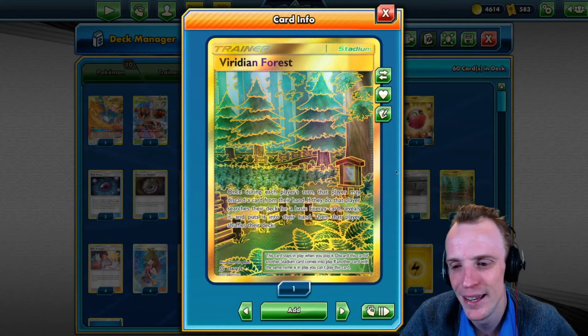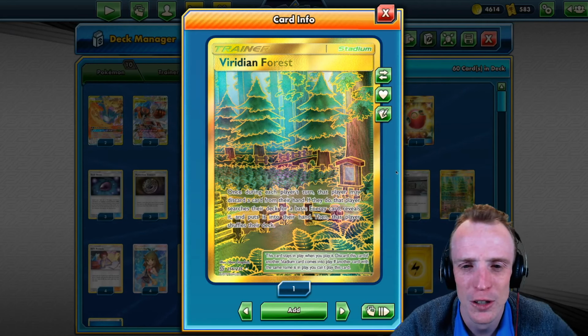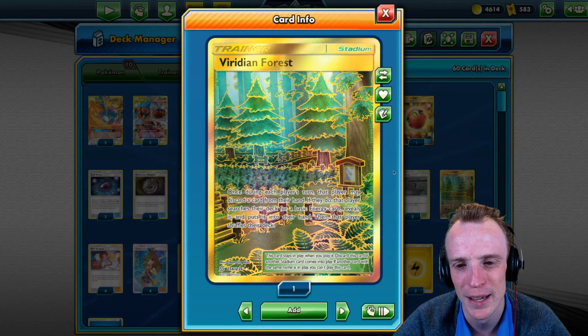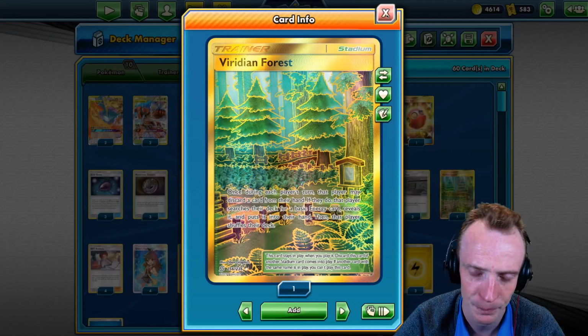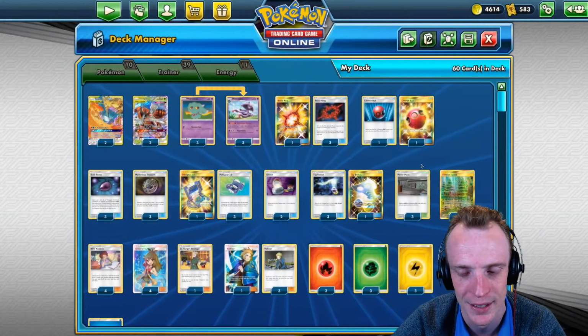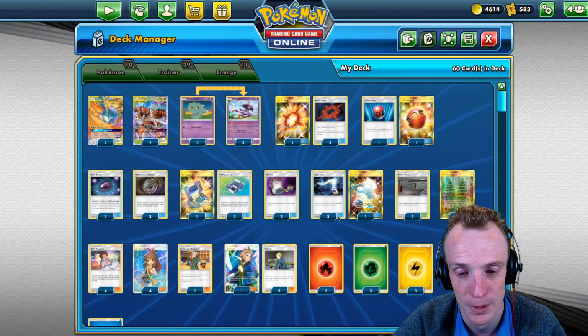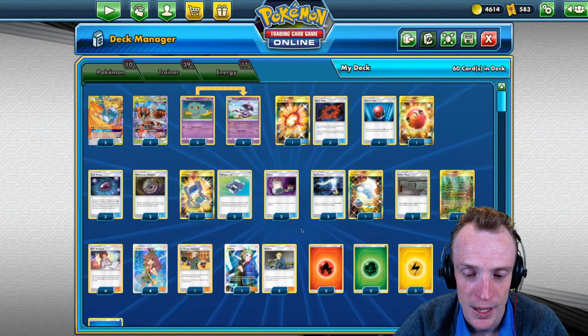I'm nearly thinking I like the 4 Power Plant rather than 1 Viridian, but I do like the Viridian as well, just because it can be a good handy little bit of deck thinning, and it gives us a little bit of a different trainer card just in case we need to oust our Power Plants from our hand or something like that, because the opposition's running Power Plants. So yeah, that's the core